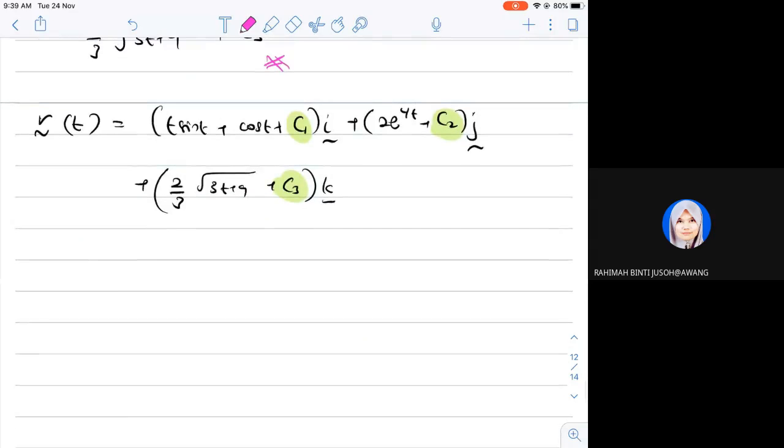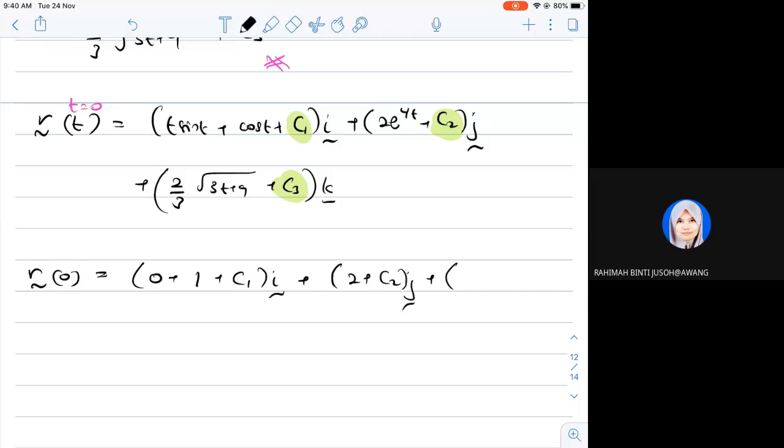So r(0) equals to 0 plus cos 0 is 1, so plus 1 plus C1 i plus 2 exponent 0 should be 2 plus C2 j, and then